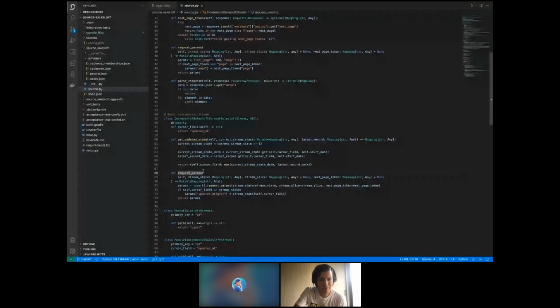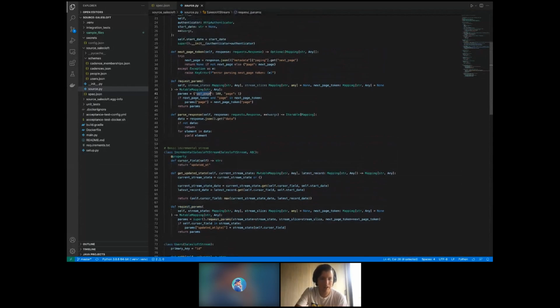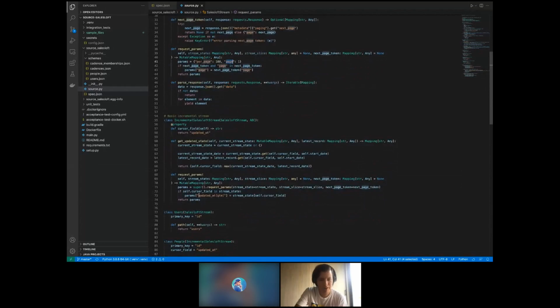And we should also connect this updated state with the request param. So in this case, I added this method here to convert this state into actually a parameter for sales locked endpoints. I am overriding these request params here. So we are also performing pagination this way with these parameters, but we are also providing this query param here, updated at with this GTE,